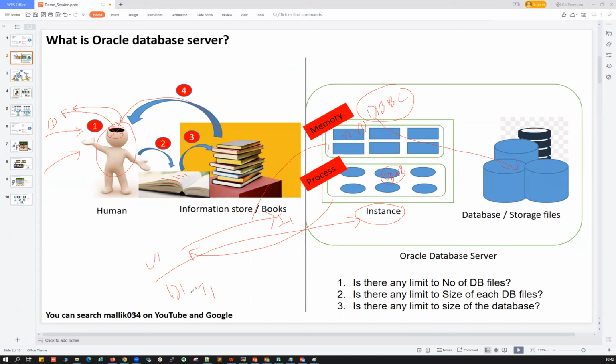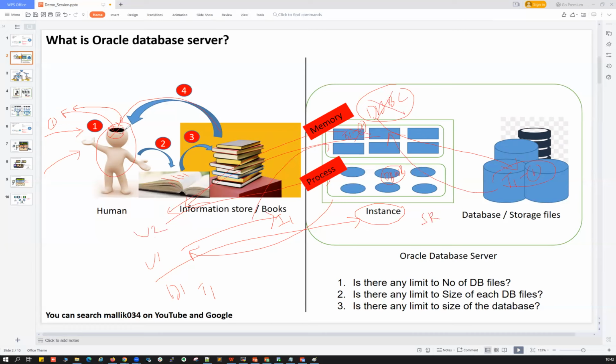And now user 2 comes and is going to connect. Can you give me that table 1, record 1? If it is already available in the memory, I can directly give it back. The instance will give it back directly to that user 2 or to the same user. If suppose it is not available in the memory, there's something called server process. There's a table T1 and record 1 is available here, and it's going to fetch that record and put it back to the memory, and from the memory give it back to that user.